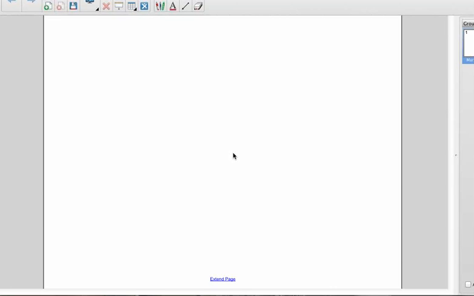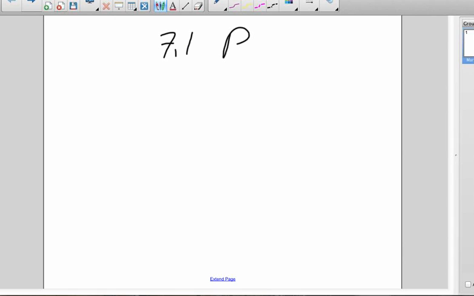Okay, so this is section 7.1, part 2, and we're still dealing with the area between curves. If you remember, we talked about area